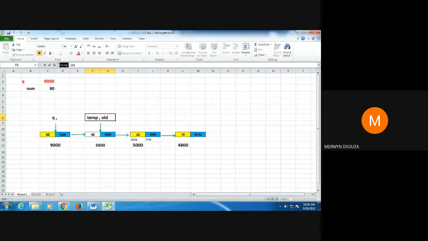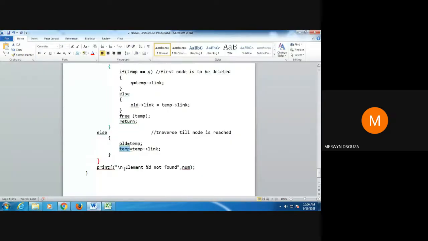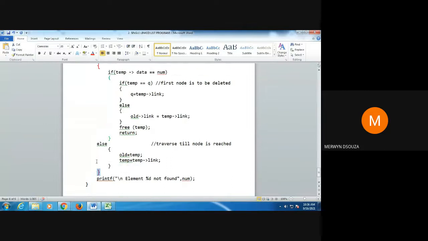So temp will get shifted. Temp will come here.